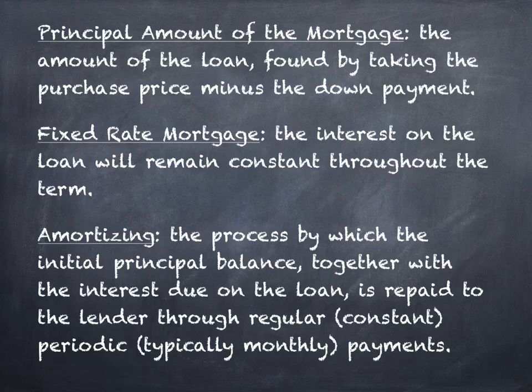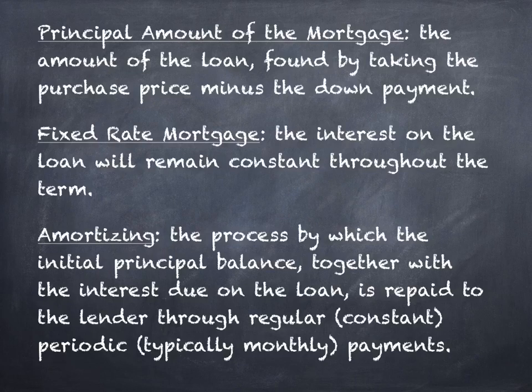There's at least a couple of different kinds of mortgages, and we're going to talk about a couple of kinds of mortgages. The one we're going to spend the most time on is a fixed rate mortgage. A fixed rate mortgage is the way that we've been thinking about loans on everything we've done so far. The value of the interest, the amount that we're looking at, the percent, doesn't change. That's what it means for the rate to be fixed. It just doesn't change. There are other kinds of loans.